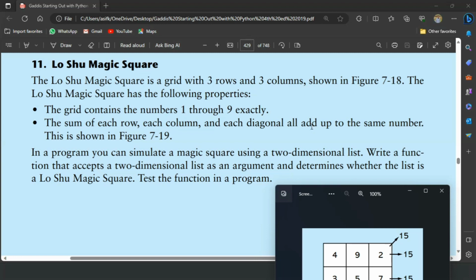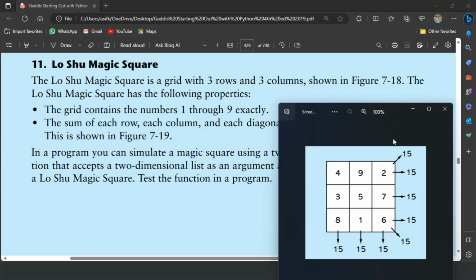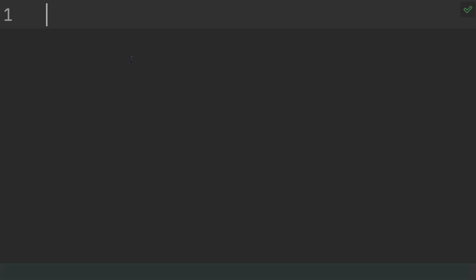Write a function that accepts a two-dimensional list as an argument and determines whether the list is a Lo Shu magic square or not. Let's write the program. So first of all, define a function lo_shu_magic_square